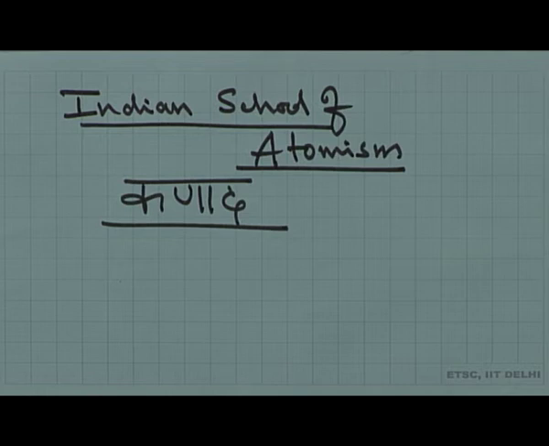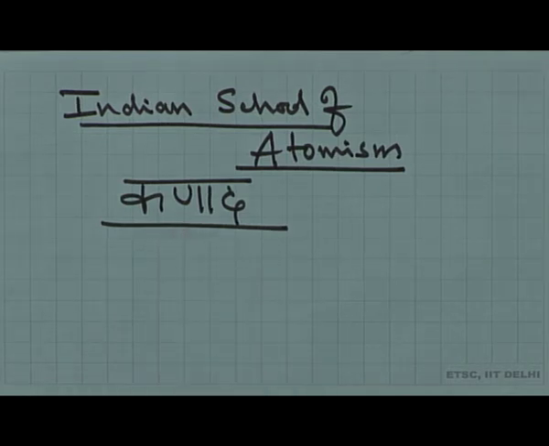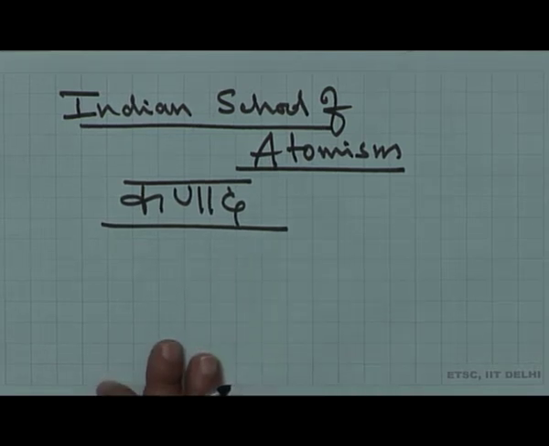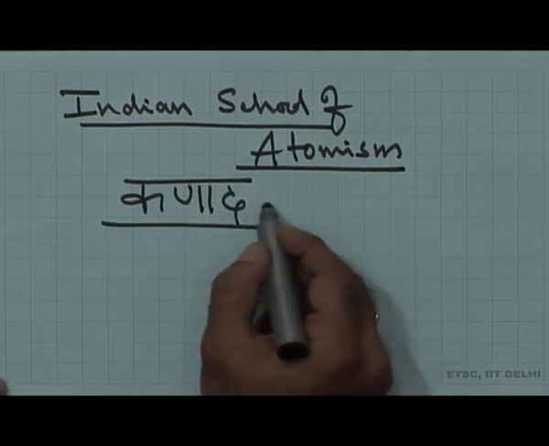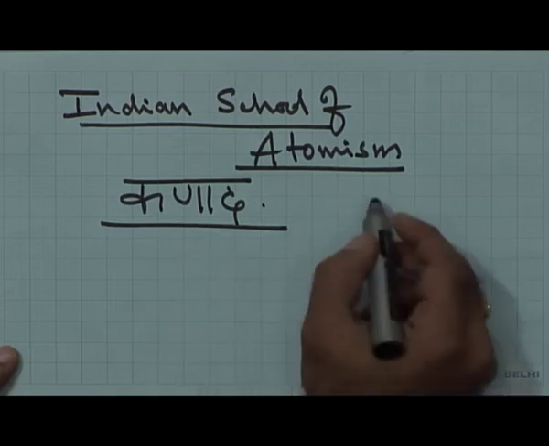And there is an interesting pun about his name, because the word Kan means a particle. Okay. So Ada means to eat. It seems that he kept on consuming small particles of food or whatever. So obviously this must be some kind of a euphemism, some name given to him, because he propagated the atomic theory. But technically the fundamental units were called Anus.